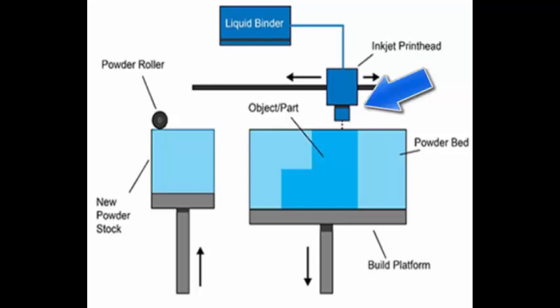Instead of the laser, you will be having a printing nozzle. That nozzle will deposit droplets of binder. Binder means something like a gum. The setup will be same. You will be having the fabrication piston. You will be having the powder delivery piston. Instead of the laser which is falling here, you will be having droplets of gum or adhesive or binding agent falling on the top of the powder. So this gum will hold the two powder particles together.